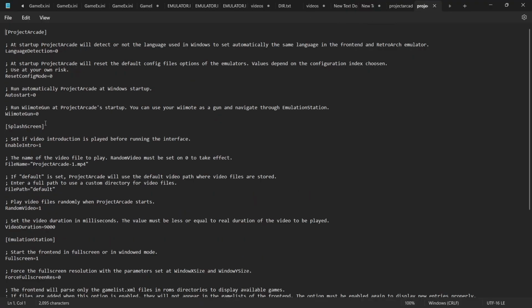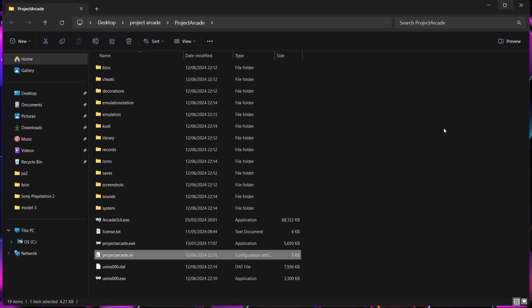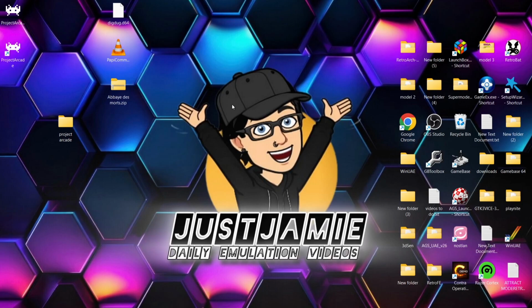Now in the notepad section just here, or the projectarcade.ini, we're going to find language detection. It says language detection equals 0. Just backspace the 0 and put the digit 1 in place. All you need to do then is go to File, Save, and we can then open up Project Arcade in English. So if I just double left click the shortcut,